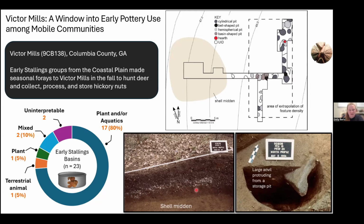They were obviously eating shellfish when they were here, but it certainly doesn't look like they came to this site in order to explicitly harvest these shellfish. And another thing we find here is the remains of white-tailed deer. So it seems like this was a camp where they would come into the fall zone,